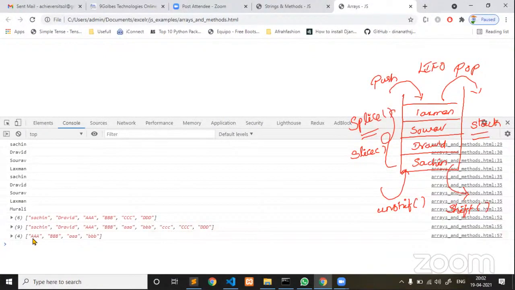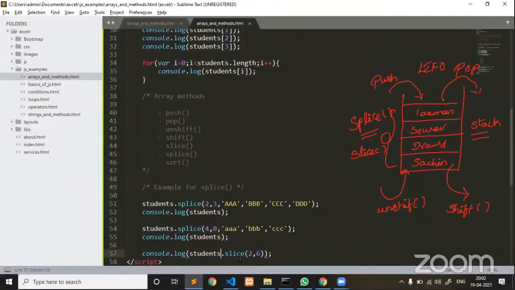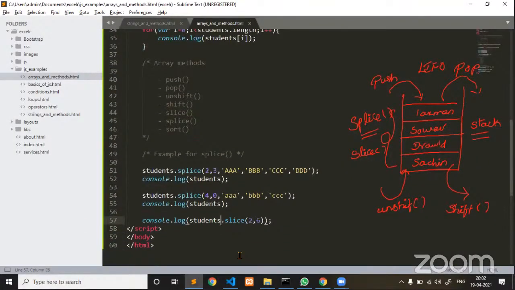Now you see here, this slice method is also returning a new array. When it starts extracting, it will extract a portion of an array. It will also return a new array of the extracted values.